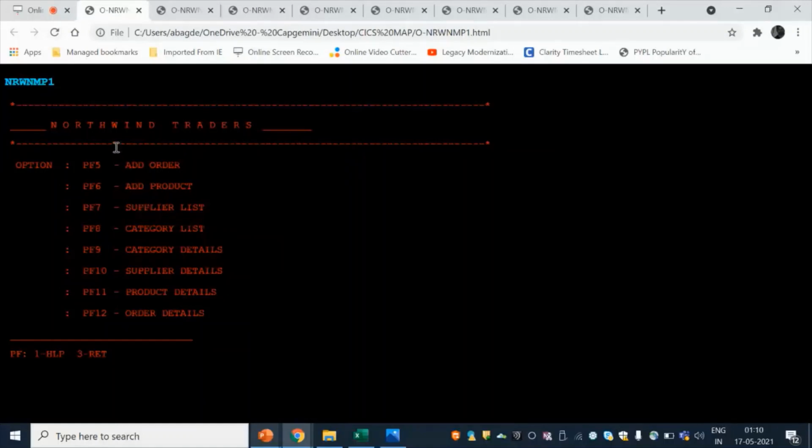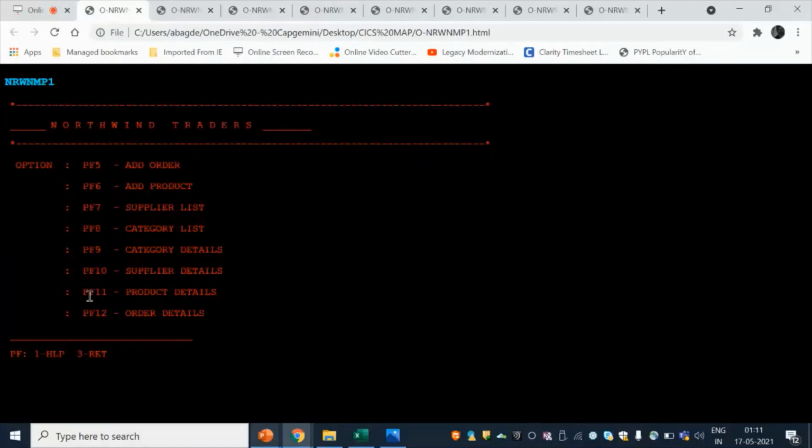So whatever the PF1, PF2, or F1, F2, F3 functions are, when we are converting them to web pages, we have to take care that those are replaced by equivalent other things. Like PF5 should get replaced by 5, PF6 should get replaced by 6, so that the functionality will remain intact.